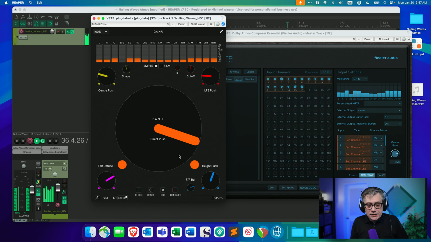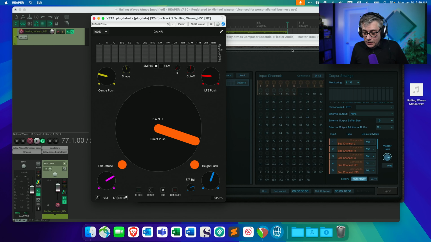And as I said in my last video, I can change how much information is sent into the head channels. I can change how much information of the diffuse signal is sent to the front or to the back. And I can fine-tune the three-dimensional positioning of my stereo audio in the three-dimensional space in such a way that once again the stereo downmix is always accurate. So let's say we are happy with the way we have changed the parameters in Dano. In my particular case, what I've done is I've pushed a lot of the direct signal into the sides, but that's perfectly fine. It sounded okay.